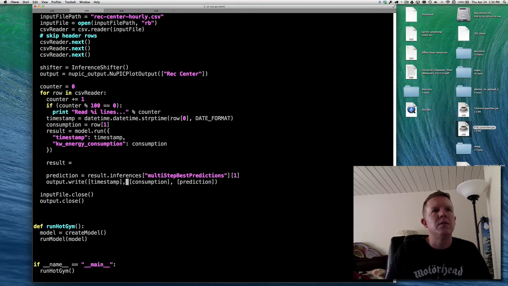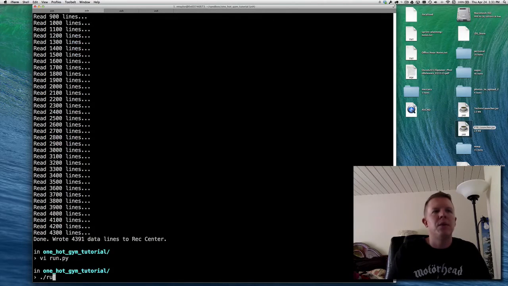And then we just use that instance and tell it to shift the results. Is it just shift? Just shift the results. That will adjust the result so that the predictions are aligned with the actual values for plotting. So now when I run this,